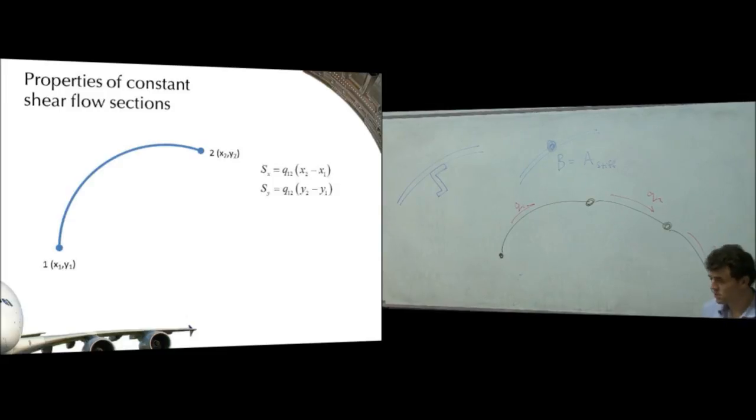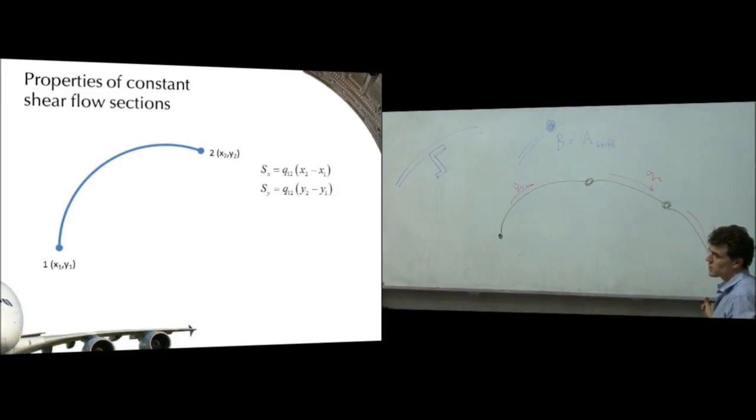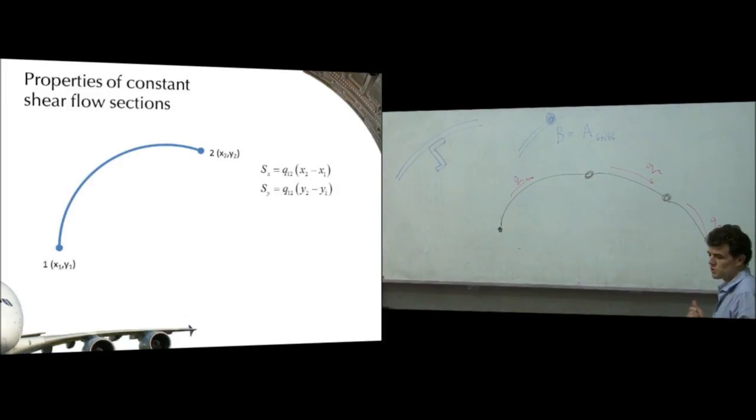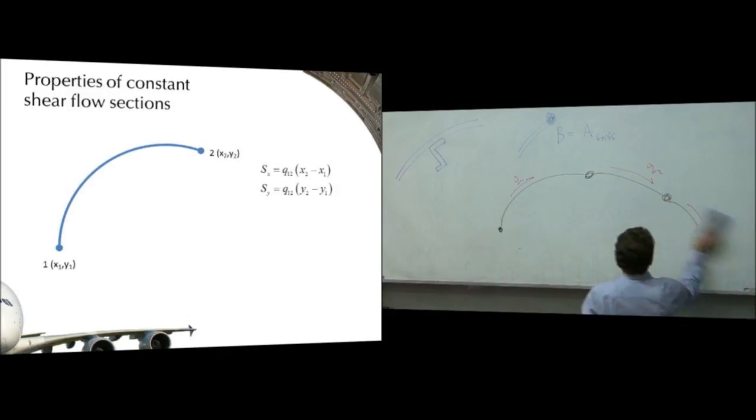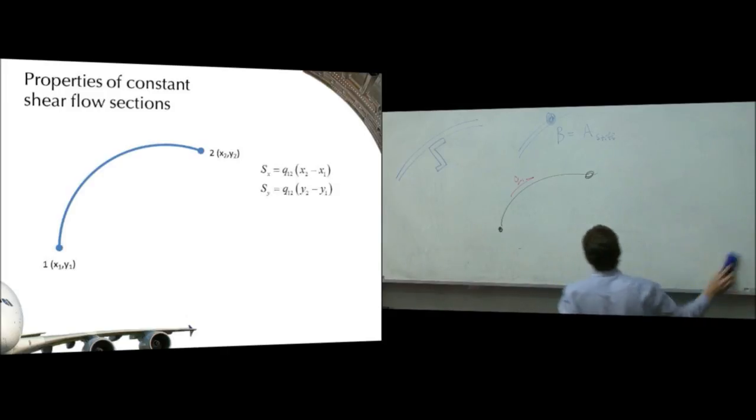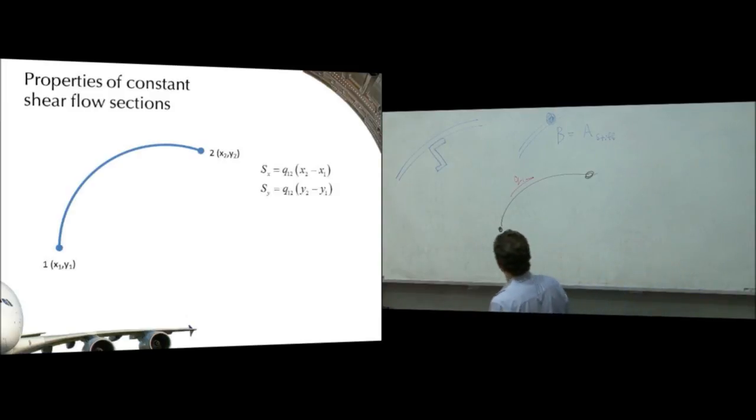Now there are some nice consequences to that which make our life in some cases easier. If we're trying to do sum of forces or sum of moments calculations, there's very simple ways of representing the force from one of these. So I'll just simplify what we're looking at for the moment here. If we call this position 1 and this position 2, and I'll call this Q12, which means Q in the panel from 1 to 2,